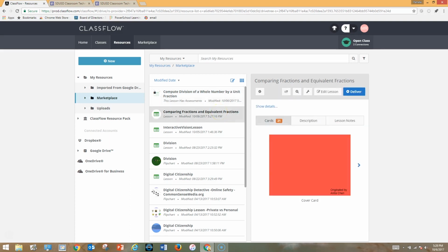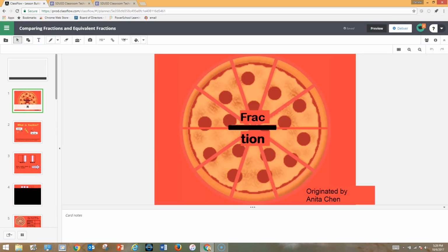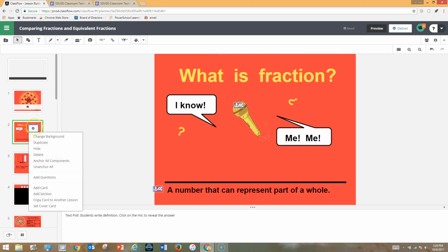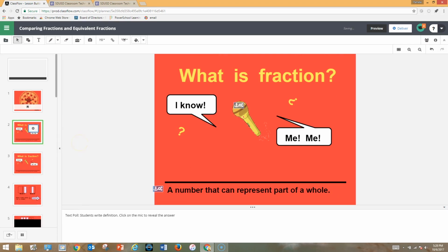I can open it, double clicking on it, and I enter edit mode. So now I'm in edit mode. I can look for the slides that I like. I can see if there's any interactivity with them. And let's just say that I like this one. When I click on that little gear, one of the options is to,